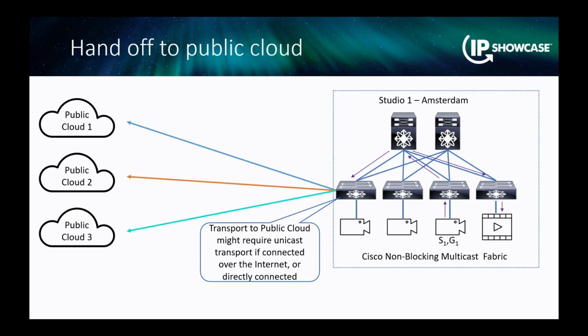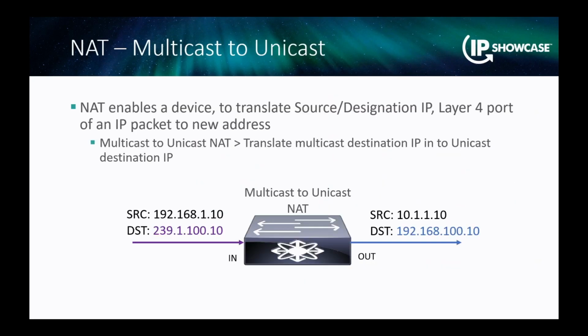The other thing is some of the public clouds, maybe majority of them, do not support multicast in their network. So for you to import those, you need to convert it into unicast. So how do you do that? Using multicast to unicast NAT. So on the left side, we have 239.1.1.10 address. When you translate destination IP address into unicast,